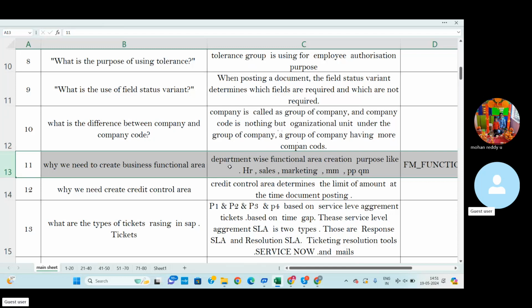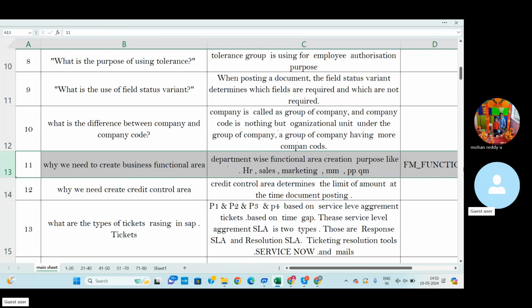In this manufacturing unit there are departments like production, finance, HR, marketing, and plant, as well as MM and PP. Each and every department is called a functional area. In SAP terminology, a functional area is nothing but a department of the organizational unit.